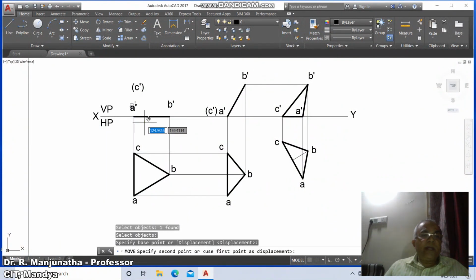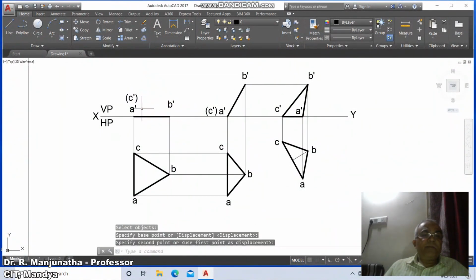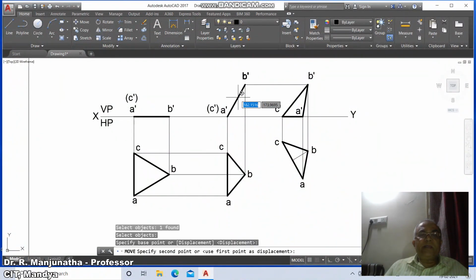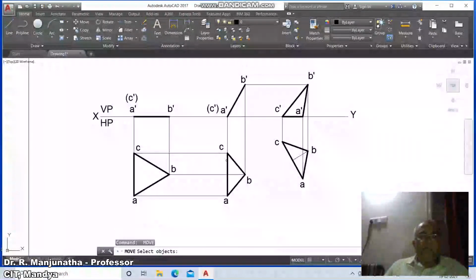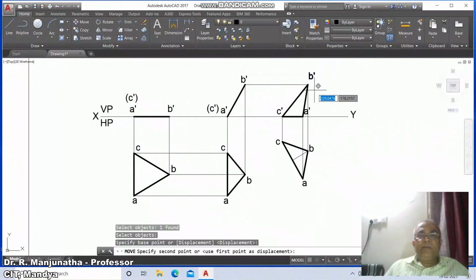Then here you go to A dash, then you mark this as C dash, similarly B dash. Here A dash, C dash, here it is B dash, so here it is A, here it is B, here it is C. Similarly, you mark this as C, and you mark this as A, you mark this as B, you mark this as A dash, you mark this as C dash, you mark this as B dash. Once you get this,